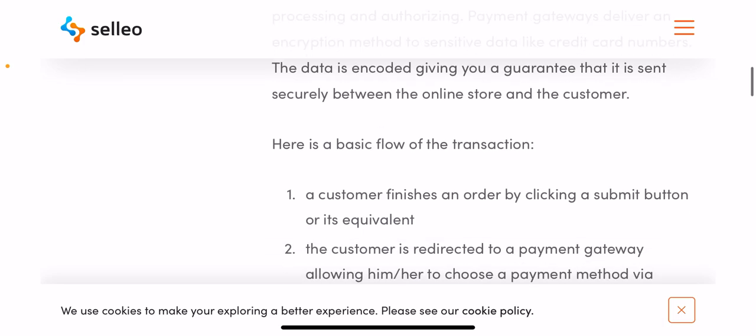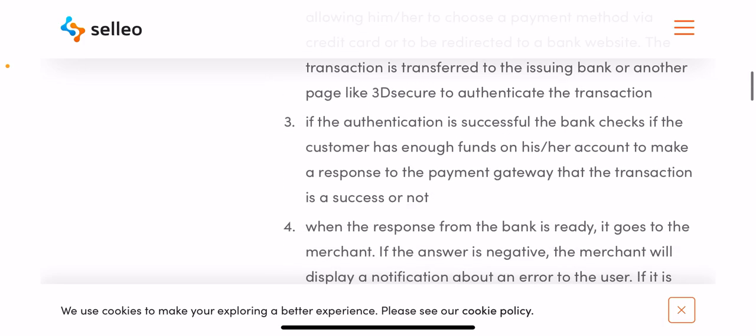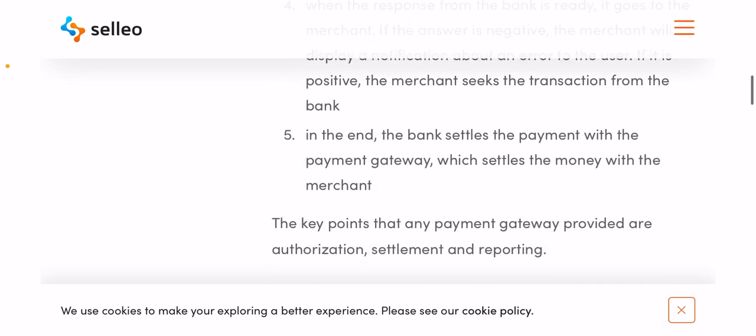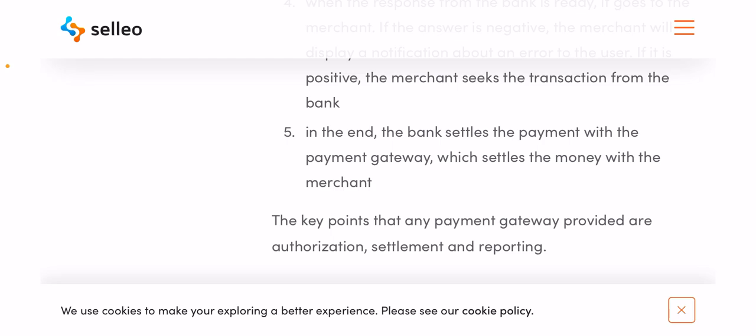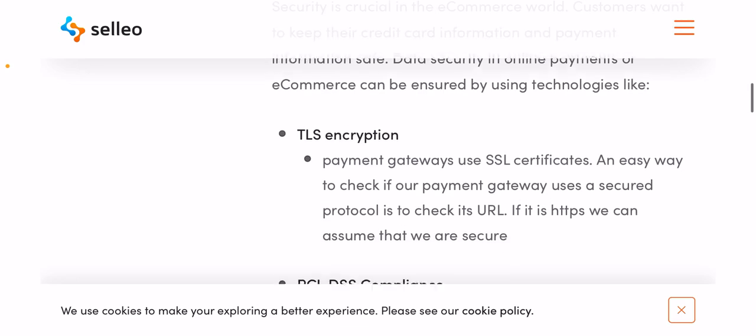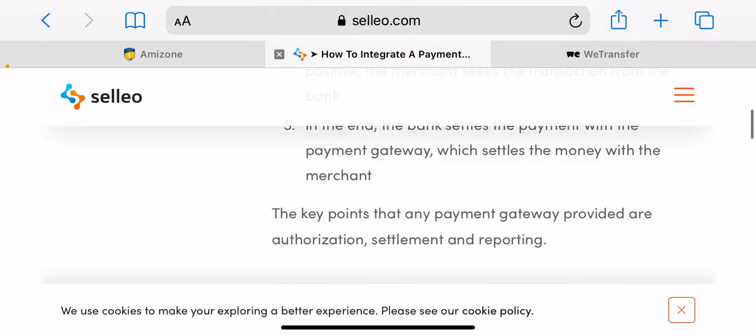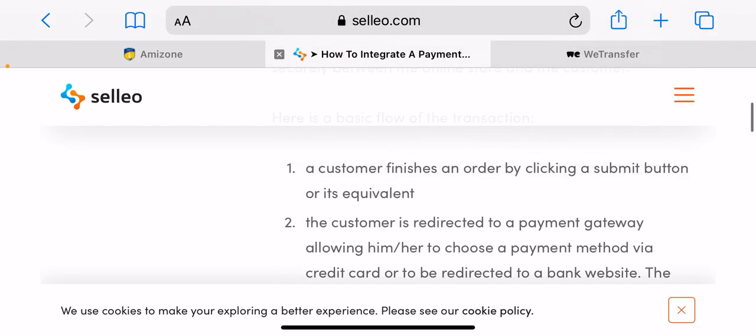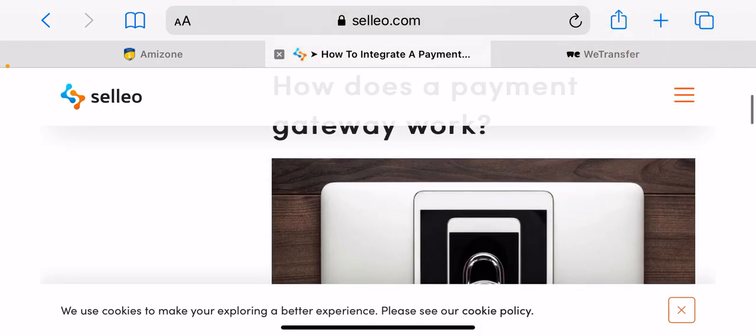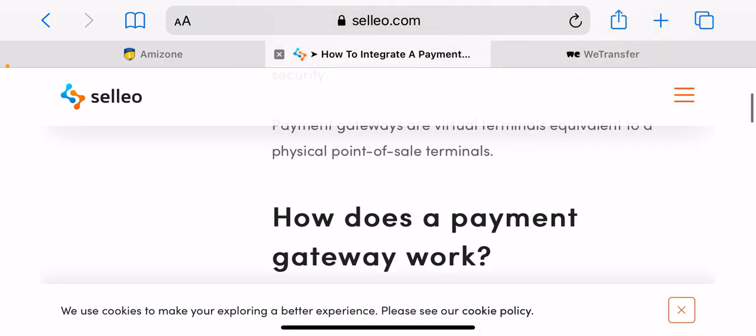Over 21% of customers tend to abandon websites that have a long checkout process and 70% because the website was not secure. Integrating a payment gateway into your store will give your website security and improve the overall user experience.